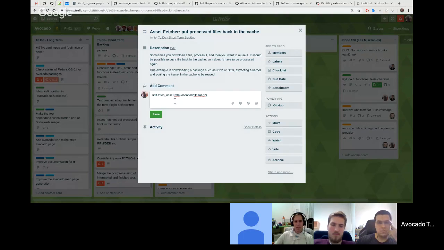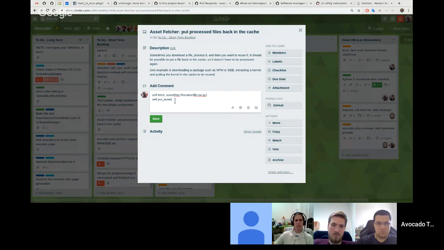Mm-hmm. So in theory, we could have something like put asset. So if you do this once, so I'm not even sure if this is the API that we want, but it would be helpful if when we extract something from that file, so content.data